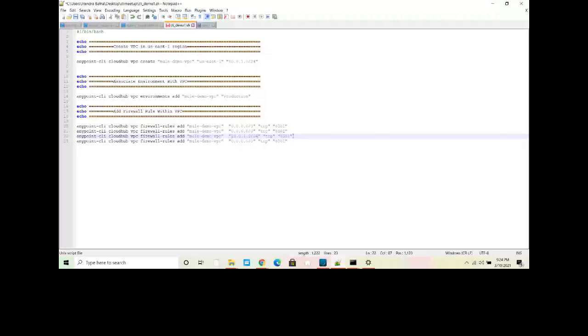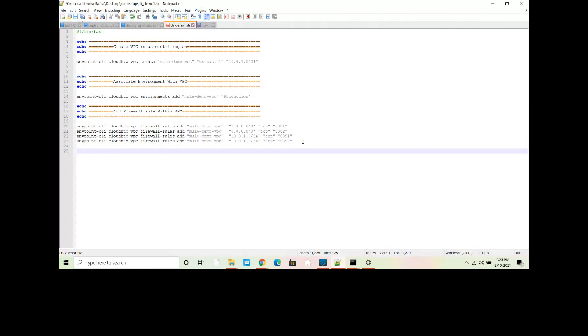I will copy the same line and here I can say 8092. So I have added some rules. For different ports, if you want to add more and more firewall rules, you can definitely do that. Once we have created the VPC, we have to create a dedicated load balancer.